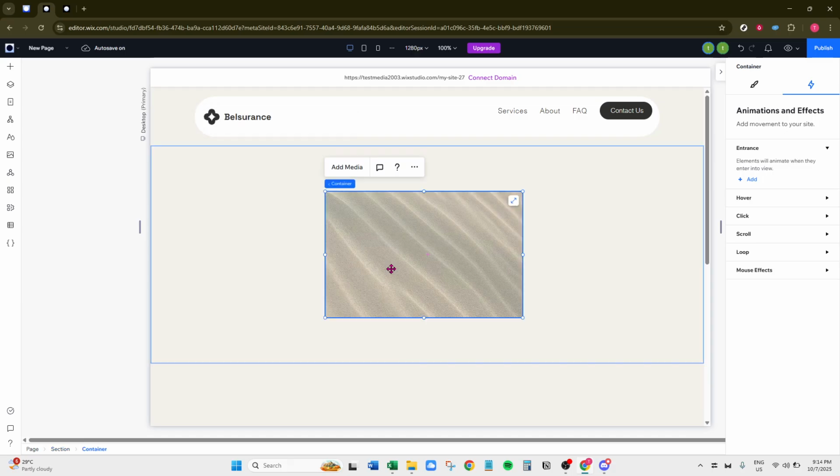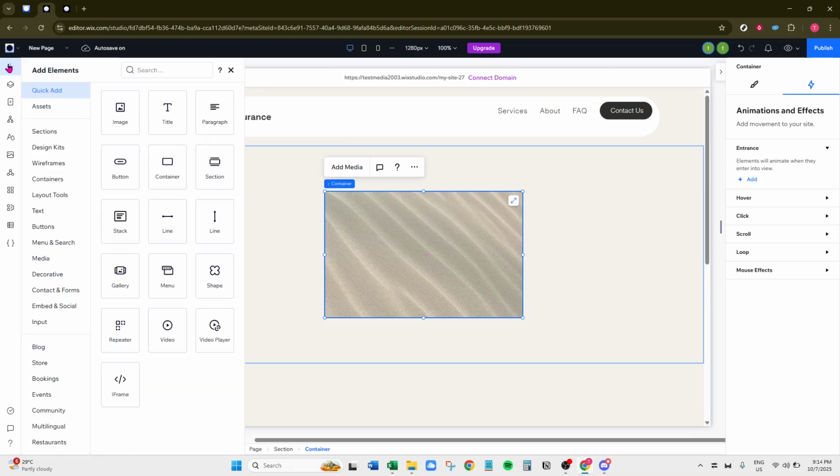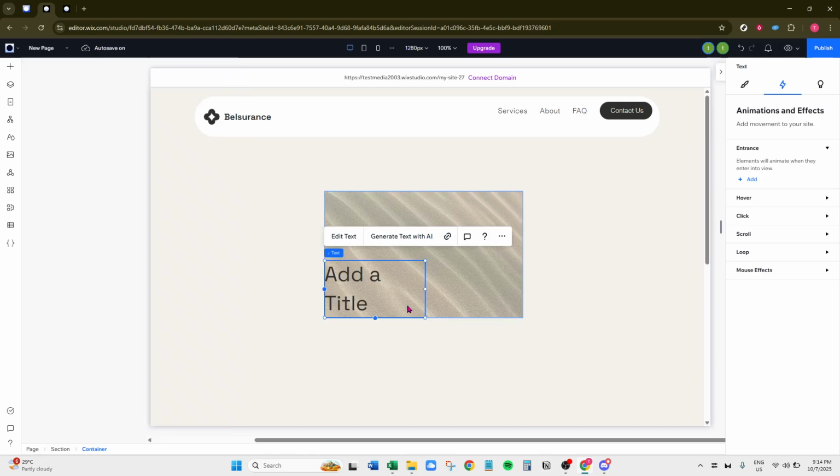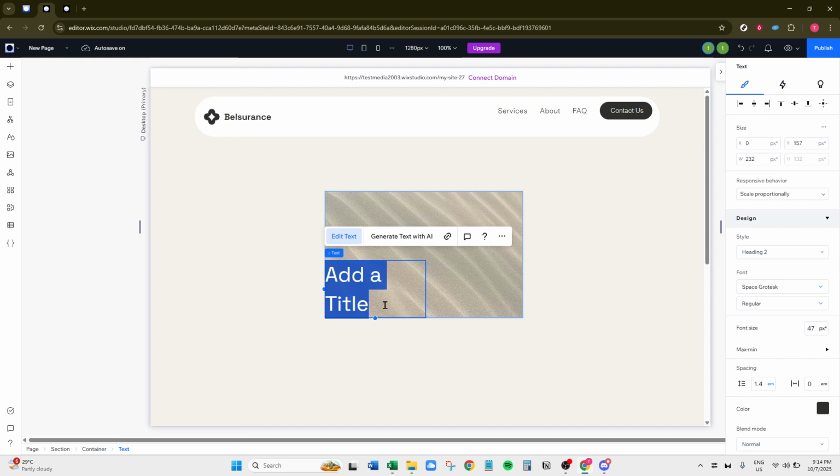Now, you should notice a plus icon somewhere around the image. Go ahead and click that. You're essentially adding a new element to your site at this point. From the list of options, navigate to Containers. Within this section, you'll want to select an empty container. This container will serve as the foundation for the text overlay that will appear when you hover over the image.